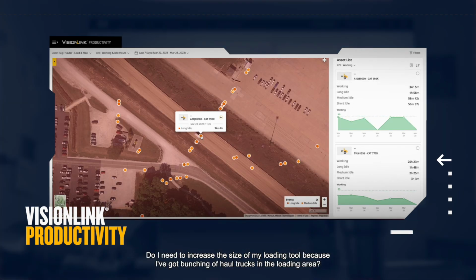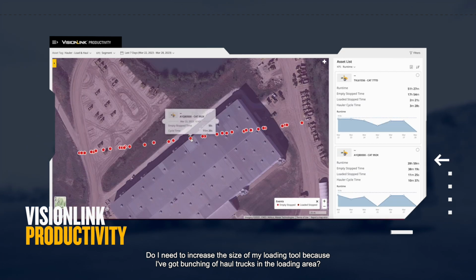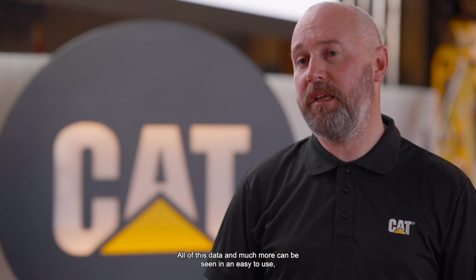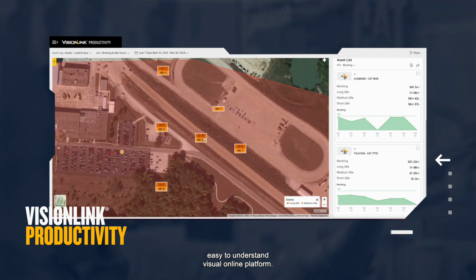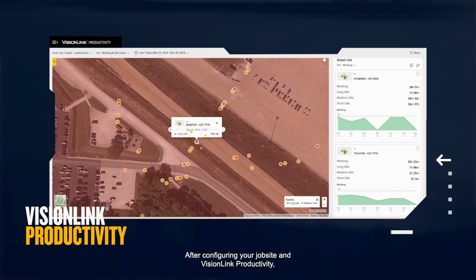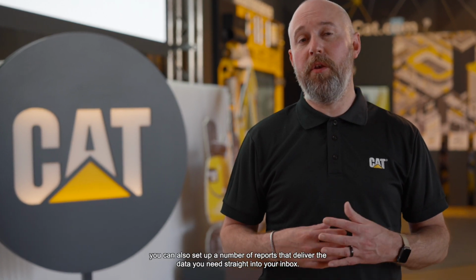Do I need to increase the size of my loading tool because I've got bunching of haul trucks in the loading area? All of this data and much more can be seen in an easy to use, easy to understand visual online platform. After configuring your job site in VisionLink Productivity, you can also set up a number of reports